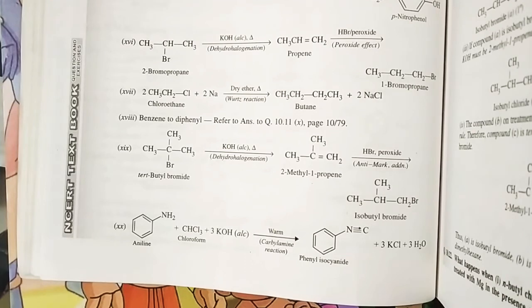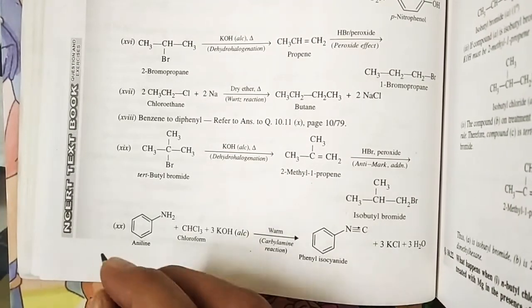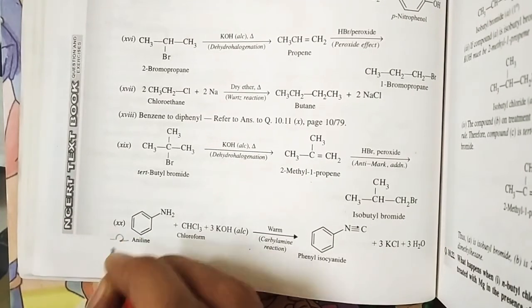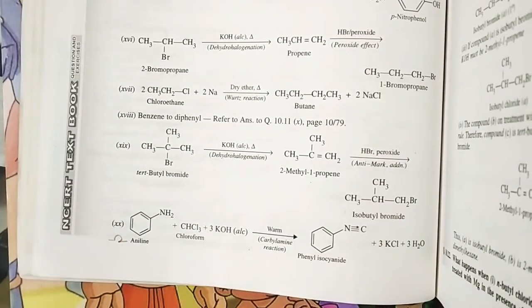Now I want to prepare phenyl isocyanate from aniline. This particular portion we will study in later portions, when we study the carbylamine test, right? Next one,